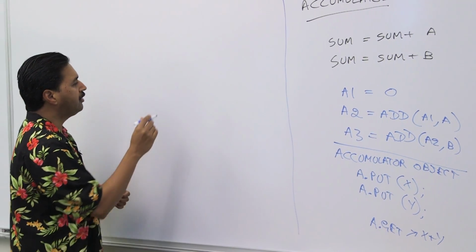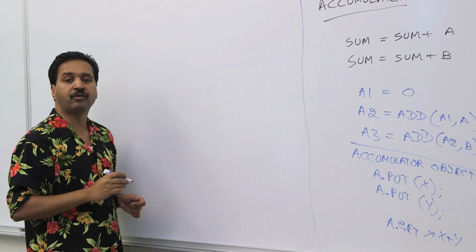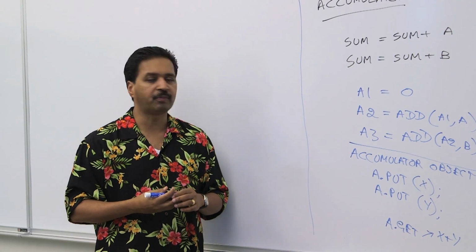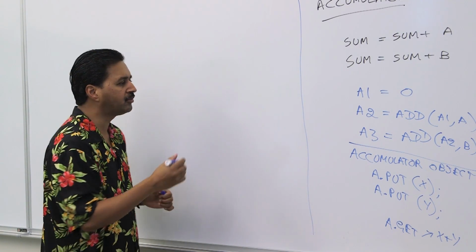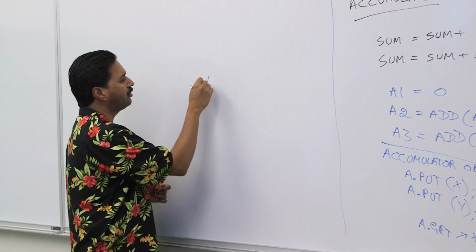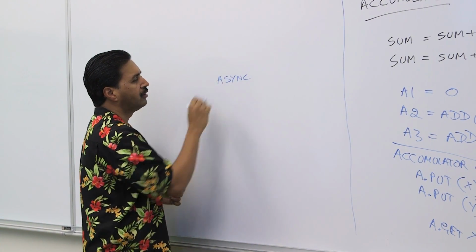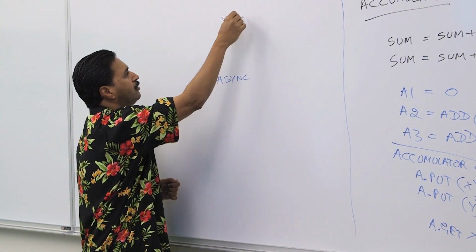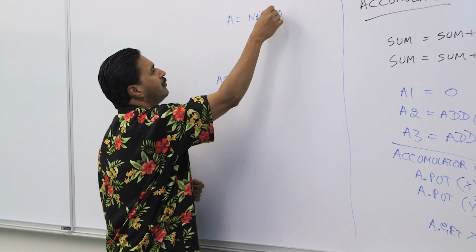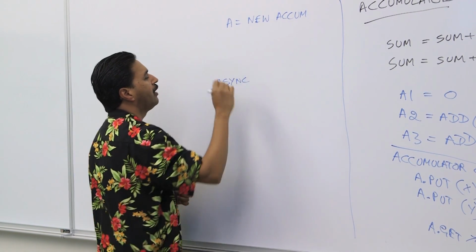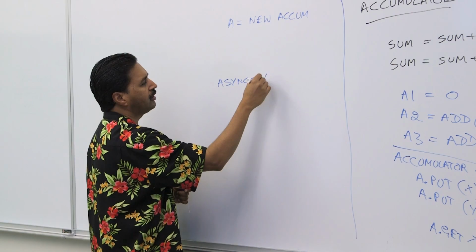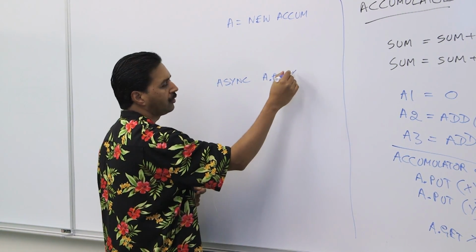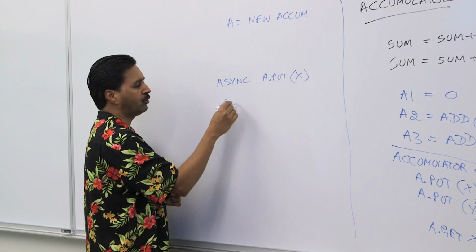And the idea over here would be that you want these add operations perhaps to go in parallel. They may not be integer adds, they may be more expensive operations on matrices or larger objects. So let's say you have an async for an add. So what we would do is allocate a new accumulator and put the values in the accumulator just like we do in the object-oriented case. We put X, we put Y,